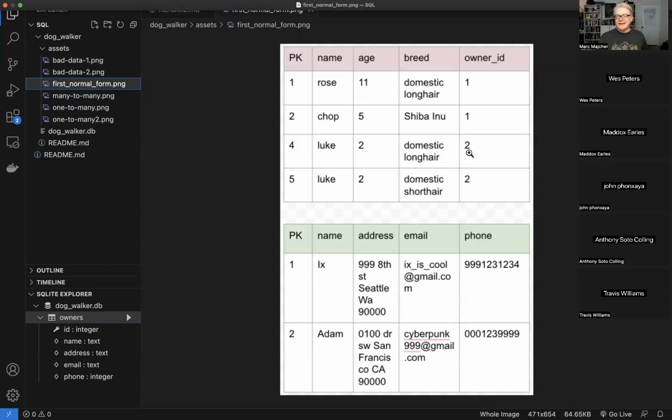But in our data here, since we have one owner that can own multiple pets, this is called a one-to-many relationship. And since an owner can own more than one pet, we're going to keep the owner IDs in the pets table. And so the thinking is that pets are owned by an owner. An owner owns many pets. That means that we're putting those over here. Again, not super intuitive, but you'll get used to it as you get more experience with it.